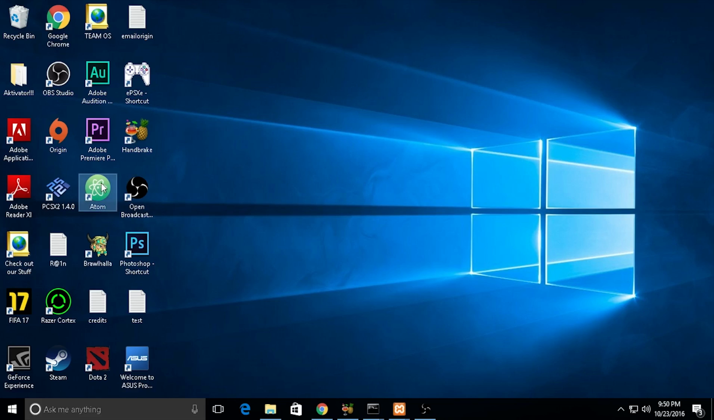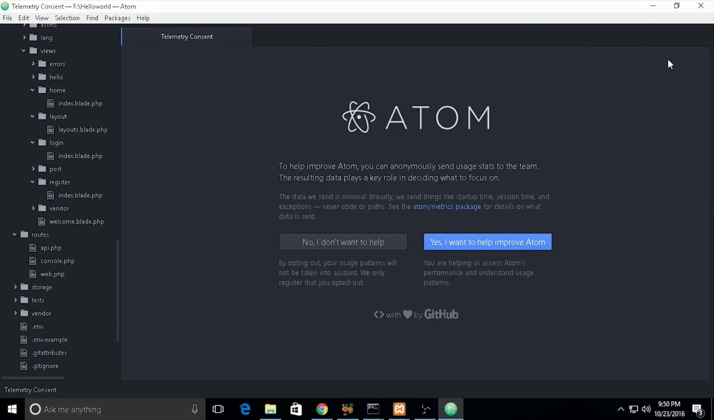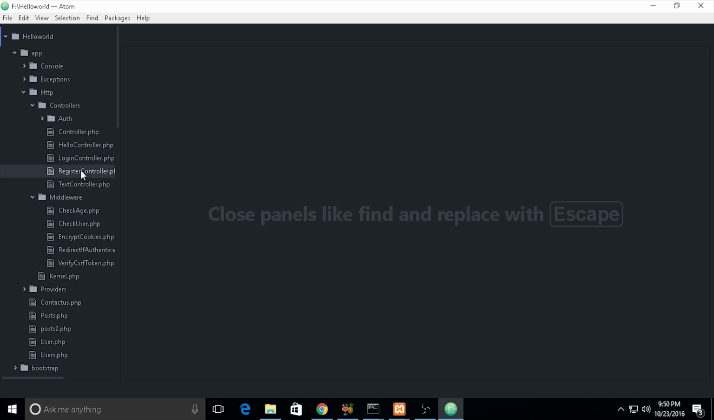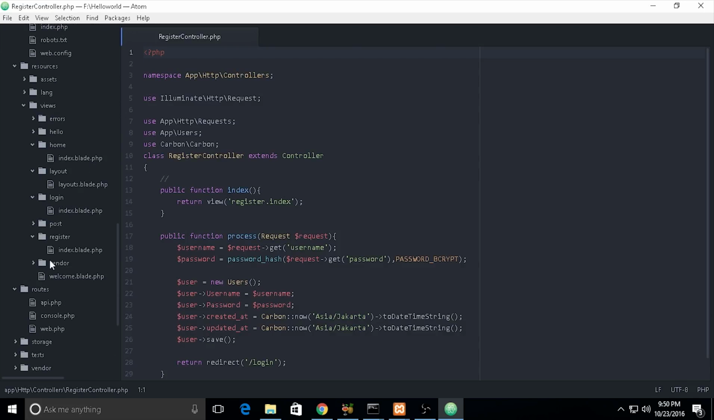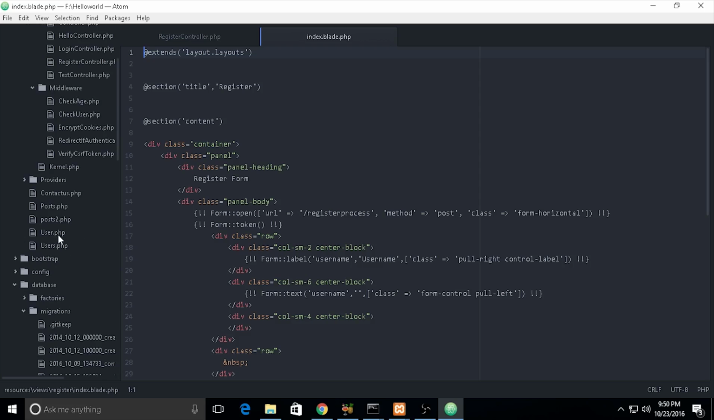Open your Atom text editor. Opening this application will take some time, so you need to be patient. I need to close the others because it really annoys me, and open this up. I will open the views as well, and also the models, whose name is users,